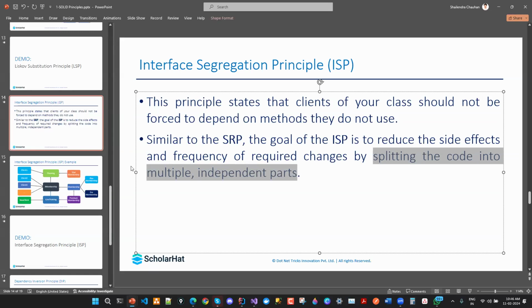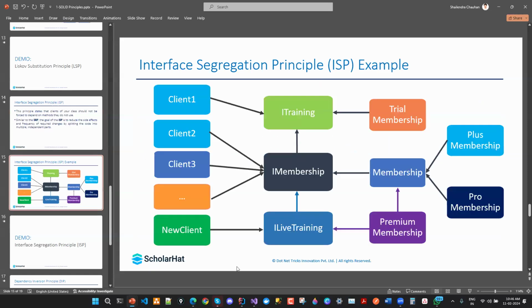So just take an extension of the previous example, to the next level. The example is simple. Let's say right now we have only plus, pro and trial. Just take one more example. We have introduced one more plan where we are offering live training. Let's say initially we started with a membership plan only for self-paced training. Now we have a plan to introduce live training as well. So in case of live training, the requirement is that the existing customers we have, whatever they took, either trial membership or the self-paced membership,